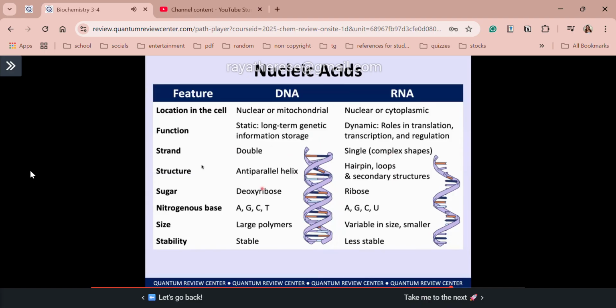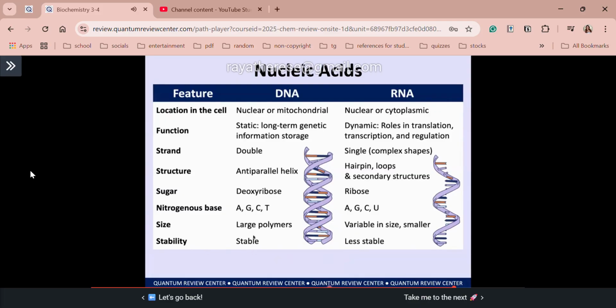Okay? For structure, again, DNA is an anti-parallel helix, while RNA can form different secondary structures such as hairpins and loops. Alright, so class, I will just reiterate, the sugar of DNA is deoxyribose, meaning deoxygenated at the C2 position. And lastly, for nitrogenous bases, we have A, G, C, T for DNA. Thymine is only in DNA, while uracil is only in RNA. Alright, and of course, DNA is much more stable compared to RNA because of its structure and